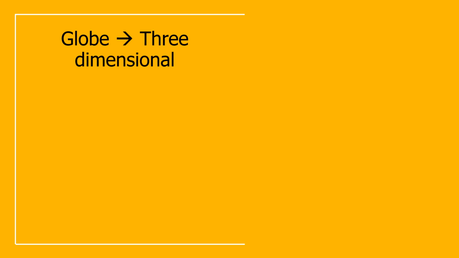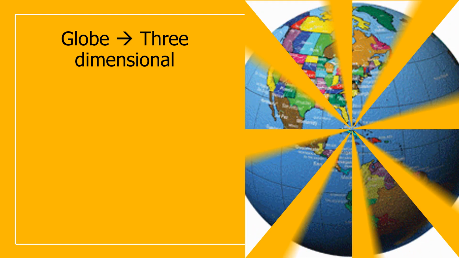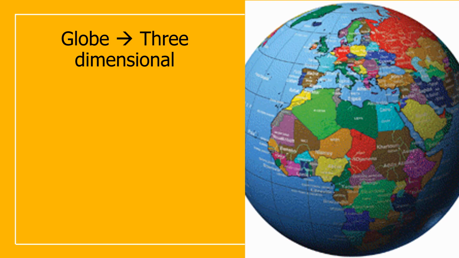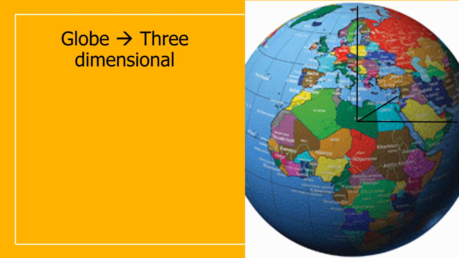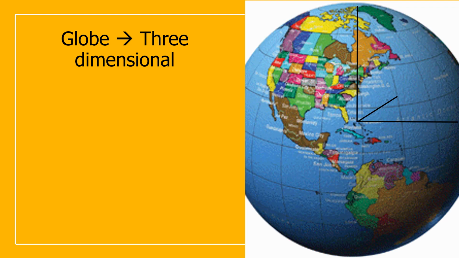Now coming to the next part, that is the globe. A globe is three-dimensional. A map is two-dimensional. Now this is the globe. You can find it is three-dimensional. But how three? Let's learn that. See, there is an arrow from the center which is moving up, which is moving straight horizontally, and which is moving to the tip from the center inside.